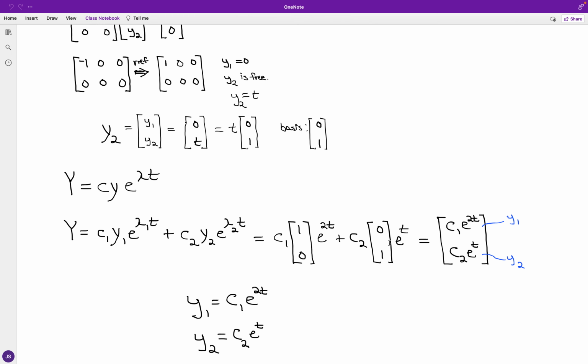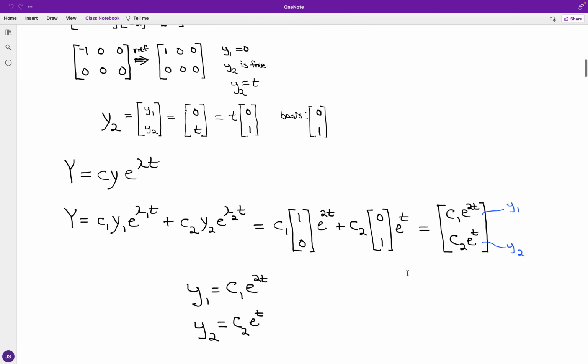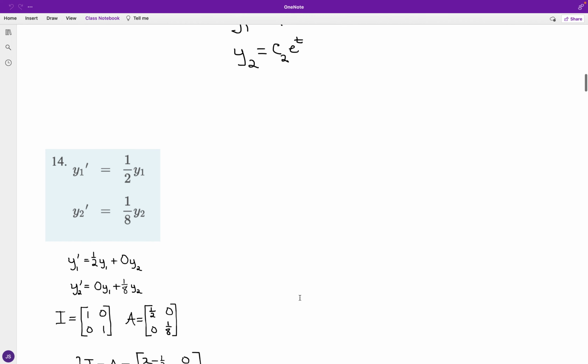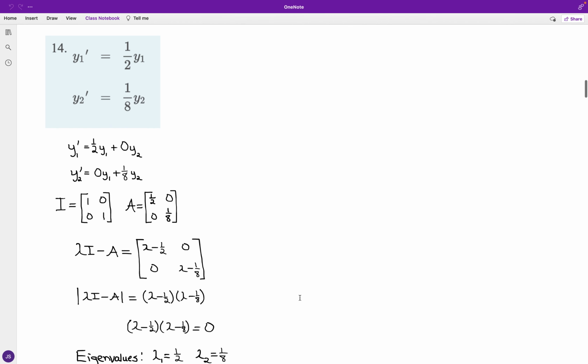Clustering together, with the top layer we have c sub 1 e to the 2t, and the bottom layer c sub 2 times e to the t. What we have at the top will be y sub 1, which is c sub 1 times e to the 2t, and at the bottom we have y sub 2 equal to c sub 2 times e raised to the t. And looking at another set,